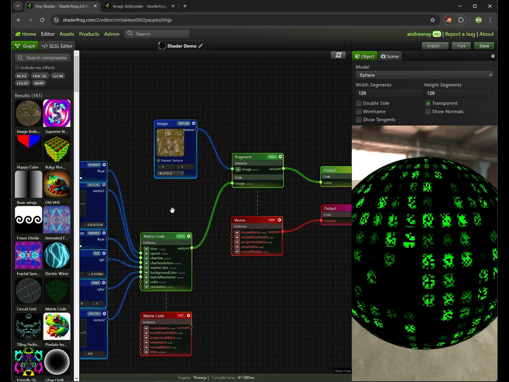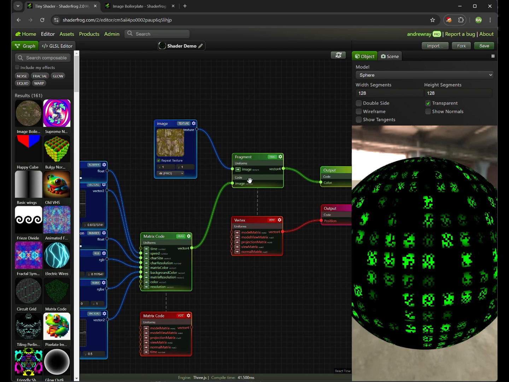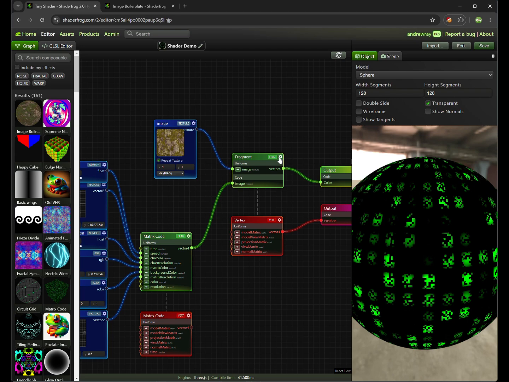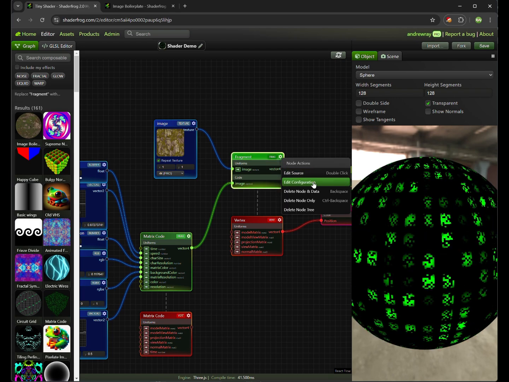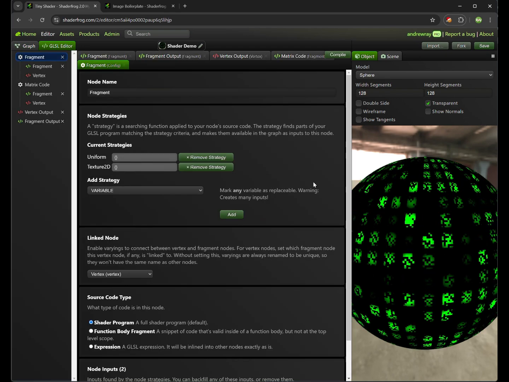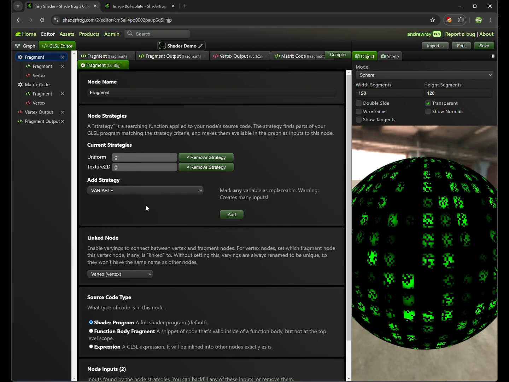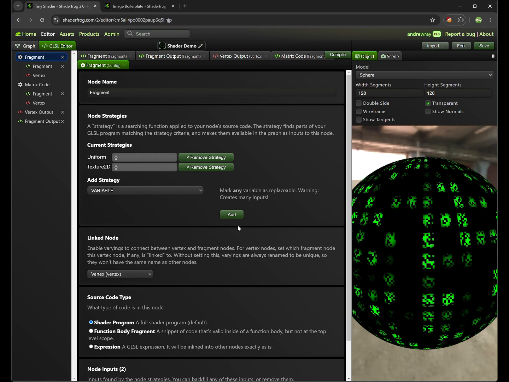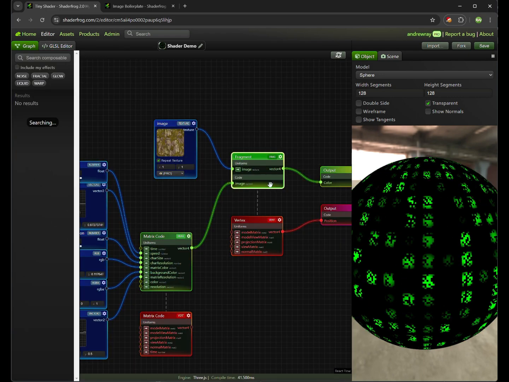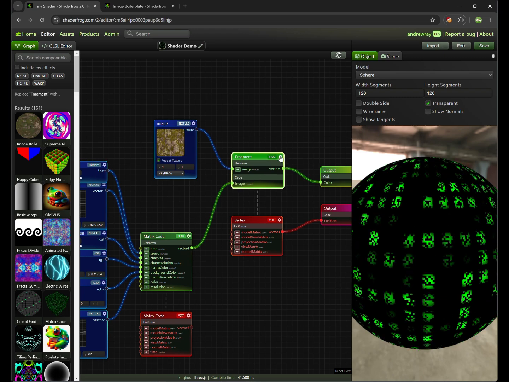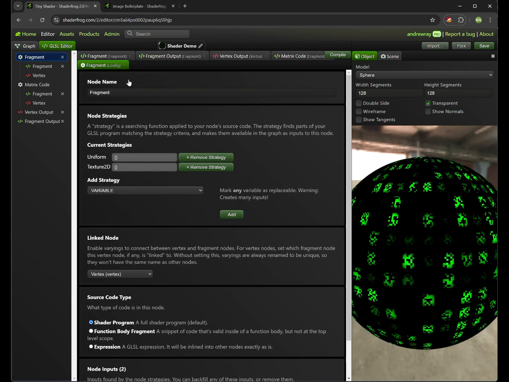It can be to any part of the shader. I'm going to look at the next part, which is the configuration of this shader, of this node, I mean. I'm going to hit edit configuration here, and now we can see a little bit of the guts of how Shaderfrog works. The way that Shaderfrog finds these inputs, like this code input here, if I go back to edit configuration, or if I just click on the GLSL tab and go to the fragment config